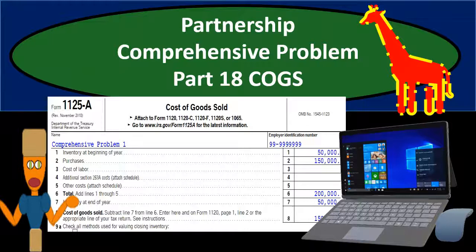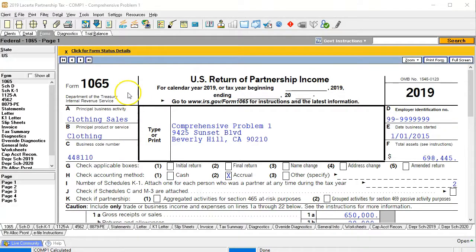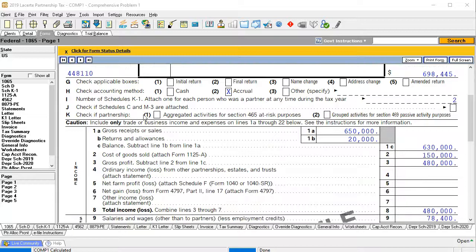In this presentation, we will continue on to part 18 of our comprehensive partnership problem, this time looking at the calculation of the cost of goods sold. Here we are on our form 1065. As we scroll through the 1065, you'll recall that we have the cost of goods sold here on line 2, cost of goods sold, and you'll see that it says attach form